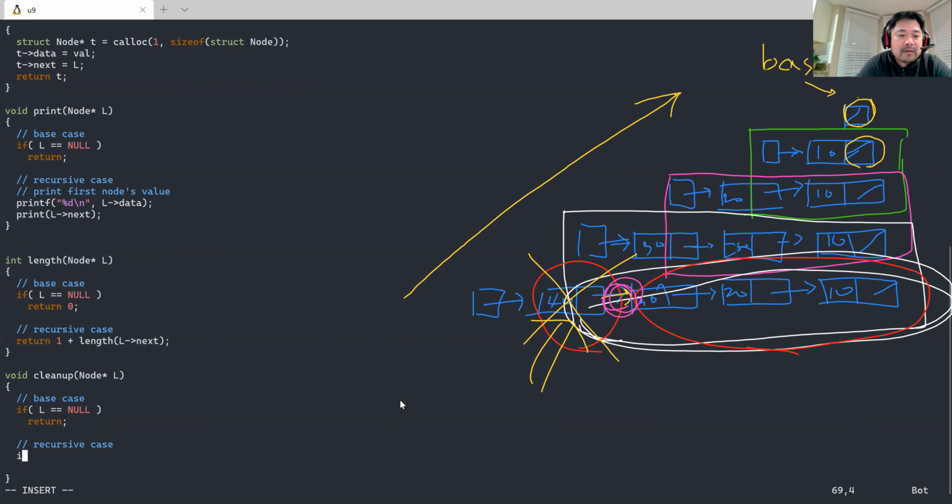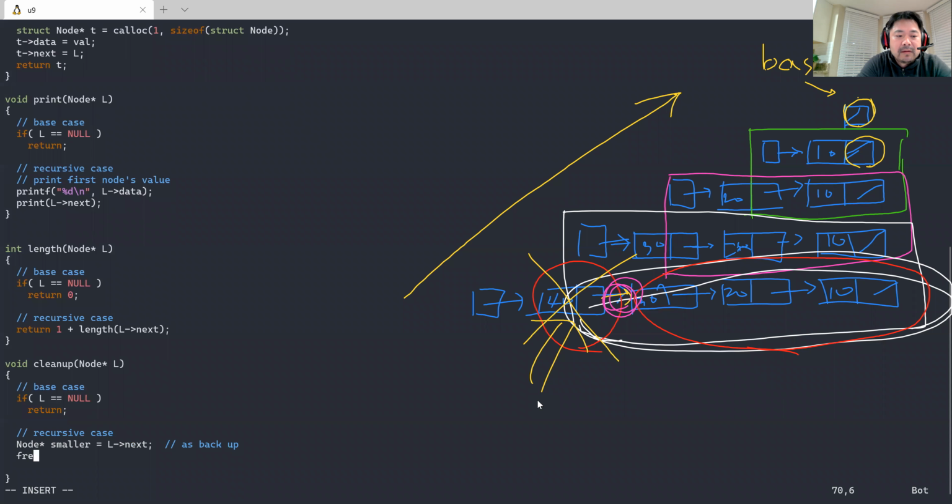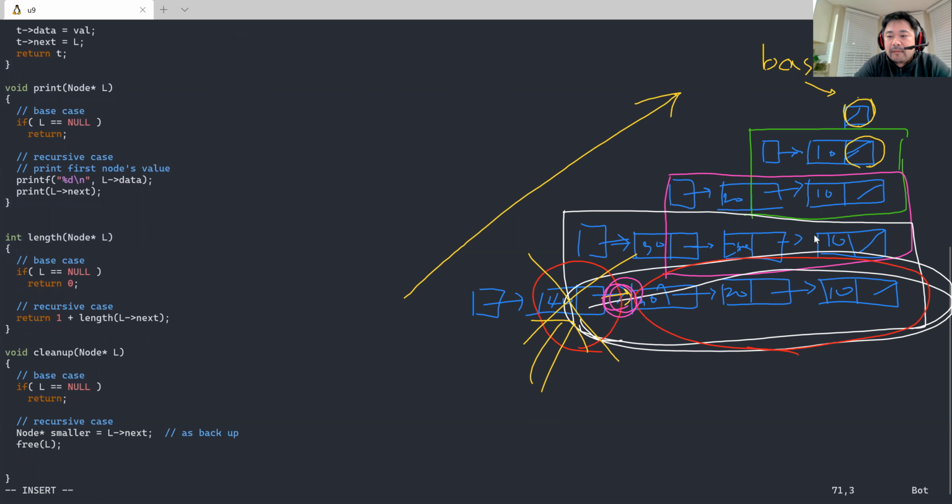Okay, so I'll say the smaller list is what? Okay, so store it as a backup because I want to use it later. So what do you now delete? Free L directly. So free L means this one. What L points to, this one is just freed. And then for the rest of it, you free this list recursively. So that means clean up